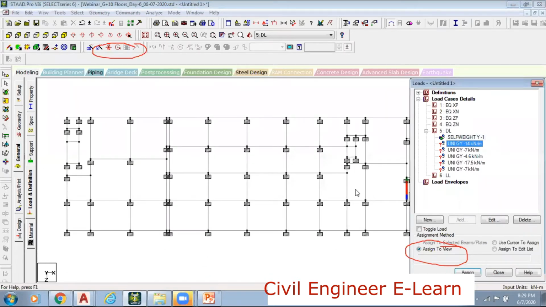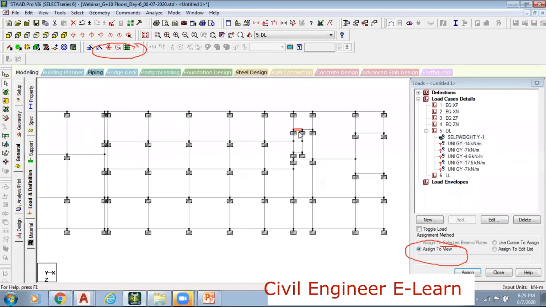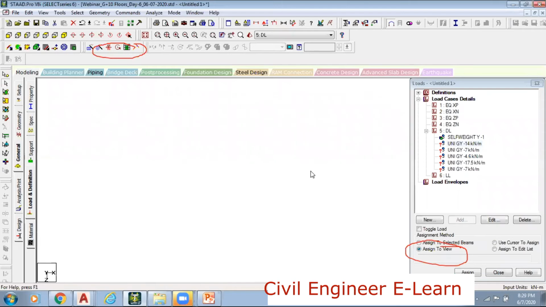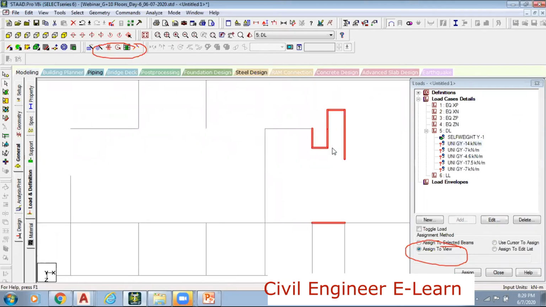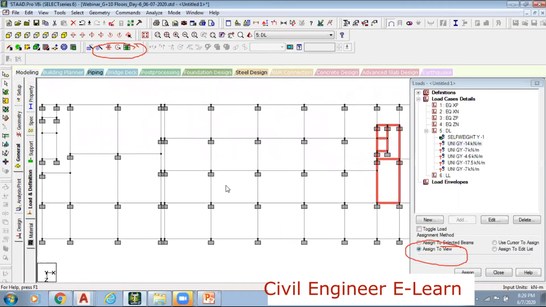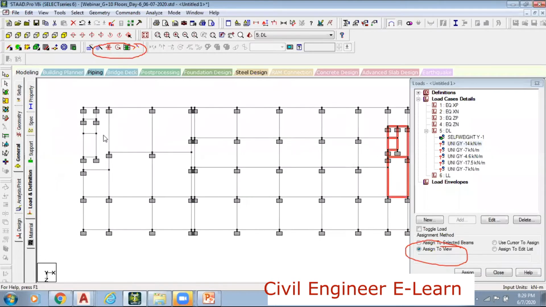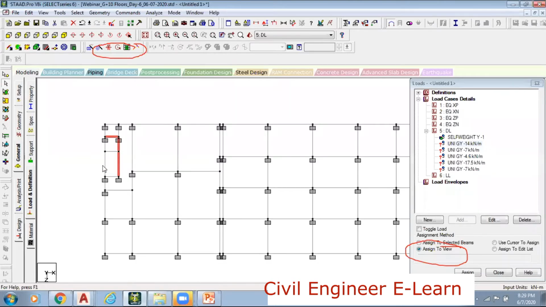Right, and this is the 14 kN per meter load, and we know this is applied on this. You have to click on it. Please don't drag with the box. Just click like this. Click on them, don't drag them. Right, this is done. And here is a beam left. Click on it also. So this is done. I'll click even here also, and then this. And then lift also, I think we have a lift also. This one, this one, this one, this one, this one.